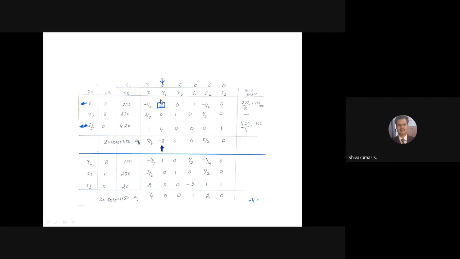If it is 3, you divide by 3. If it is 4, divide by 4. You have to make this pivot point 1, that's all. So 2 by 2, 1. Minus half by 2, minus 1 by 4. 200 by 2 becomes 100. 0. 1 becomes 1 by 2. Minus half becomes 1 by 4, and 0. Got this first row? 100, minus 1 by 4, 1, 0, half, minus 1 by 4, 0. Right now?